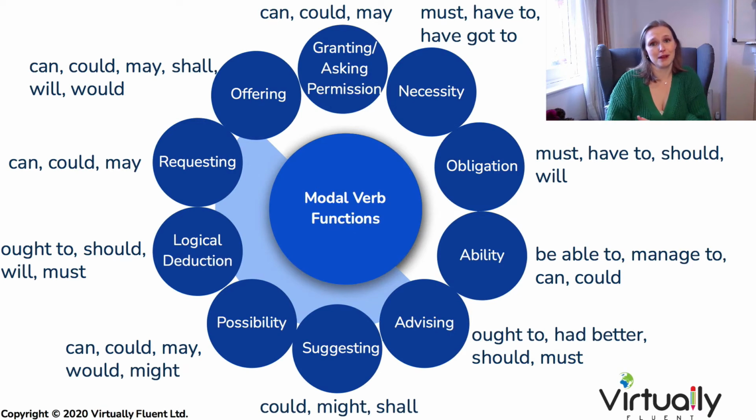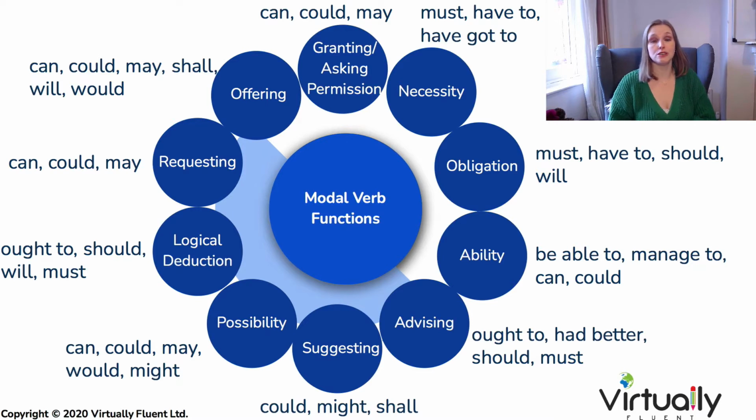So as you can see by my summary here, there are so many different modal verbs in English and lots of different uses as well. It could be an obligation or it could be an ability. And you'll often notice that one modal verb can have lots of different meanings too. Now, all of these here are used typically in the present form. Remember, modal verbs are the same for every single subject and they must be followed by an infinitive verb. Those are the basic rules of modal verbs.